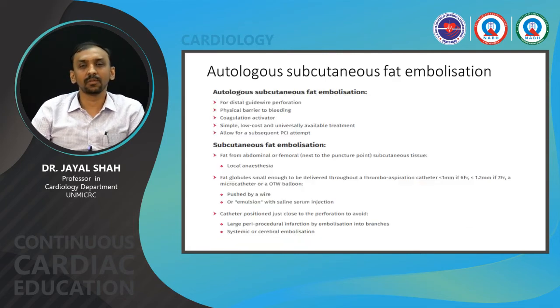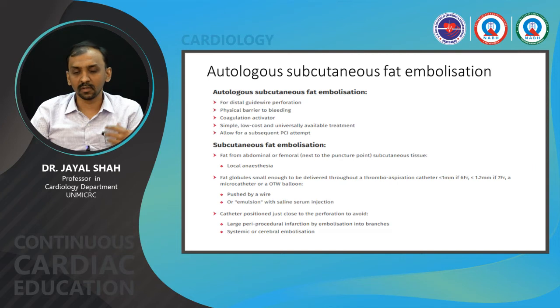Talking about the autologous subcutaneous fat embolization, it is used for distal guide wire perforation, and it is basically giving a physical barrier to bleeding. It is a simple, low cost and universally available treatment, and allows for a subsequent PCI attempt also. In this case, the fat from the abdominal or the femoral area is taken under local anesthesia, and